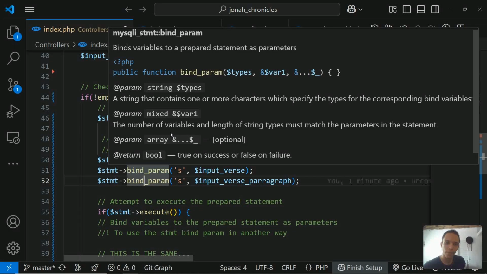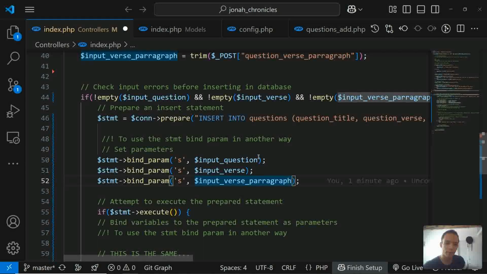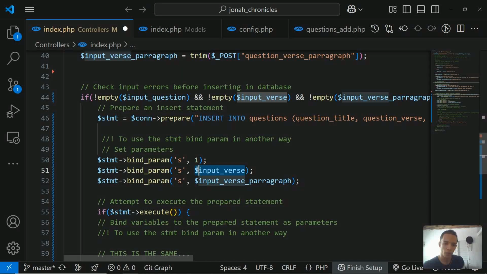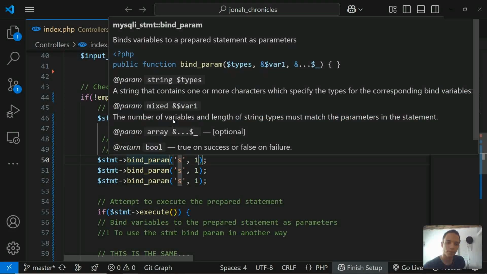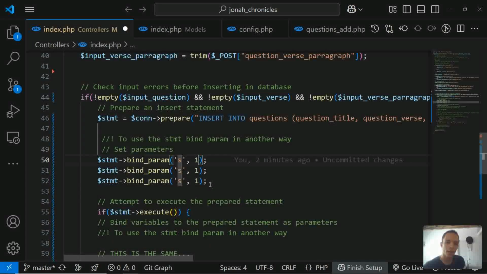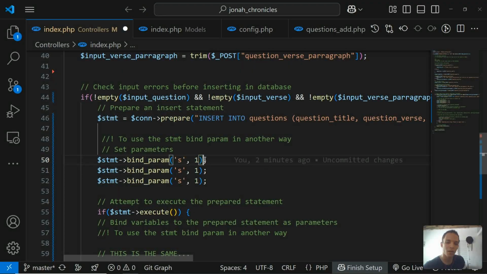The second parameter is a number of variables that must match the parameters in the statement. In other words, here we can just say that this is going to be, for example, 1, 1, and 1. Now let's say that the third parameter is an array. That is optional. And being honest, we can leave it just like it is right now. What is this doing? Being honest, I don't like it much